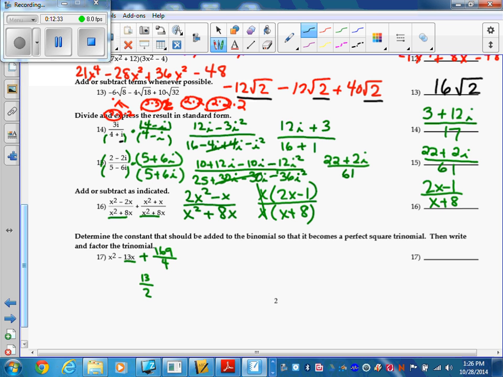Now a lot of you like to turn that into a decimal. It's much easier to do if you leave it as a fraction. Because now we can see that this is going to be factored as x minus 13 over 2. So this was the b, this was the b over 2, and this is b over 2 squared. So that's what we had for that one. And we did that one in